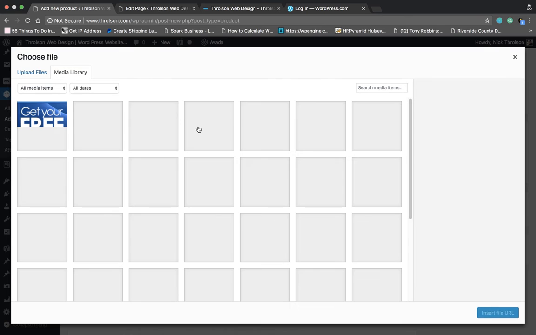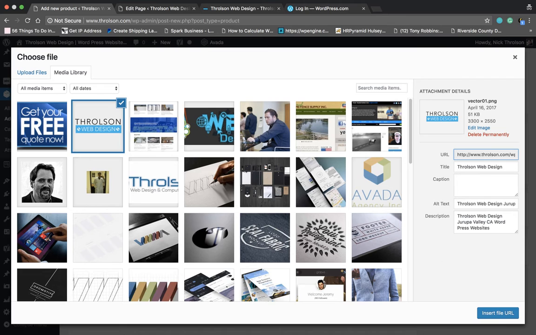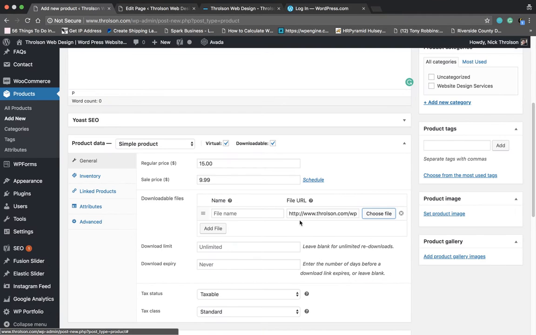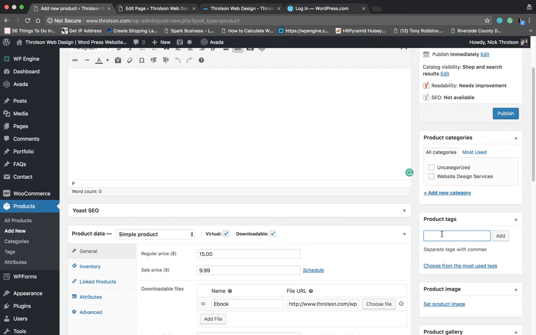And I'm just gonna pick something that's in here. I'll just do that. So then that's what they'll get. You can make the download limit to 1. You can make it expire, taxable. Since it's an ebook, you don't have to tax it. You can put ebook as a tag, so then